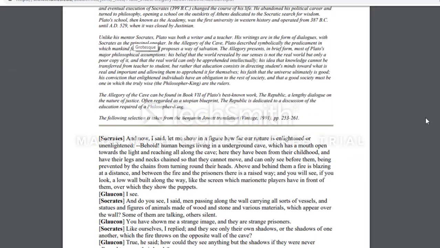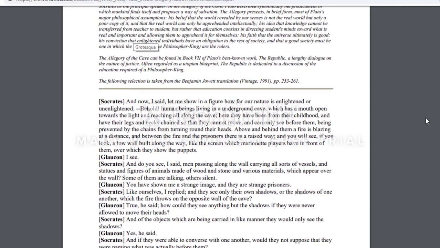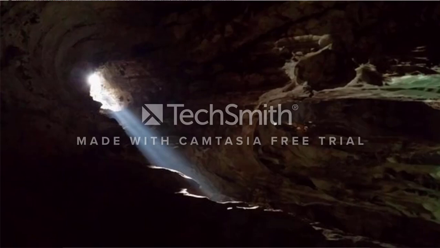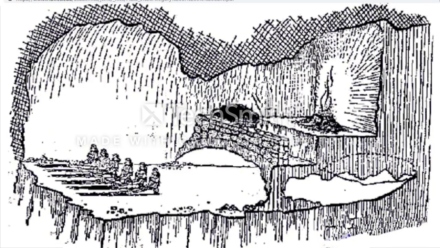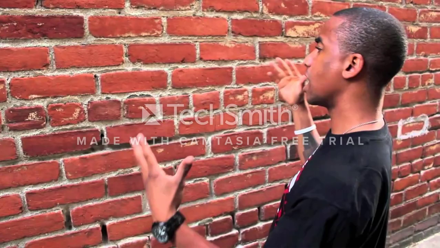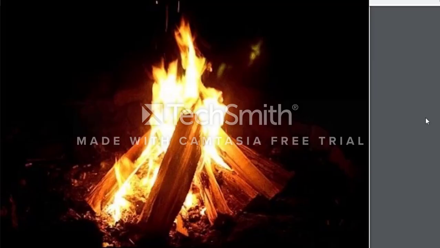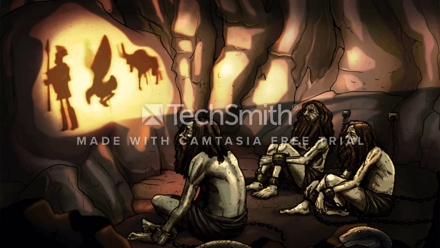So just to sum up the story, after you guys have read it in your own time, the story is basically about people in a cave. They live in a cave, tied and chained, and they can barely even see each other. They can't see anything around them or behind them. They can only see what's in front of them, which is a wall, with a light behind them. It's not even real light, it's artificial light, like a flame. Every time someone passes behind them, all they see is the shadows that go in front of them, on that wall.